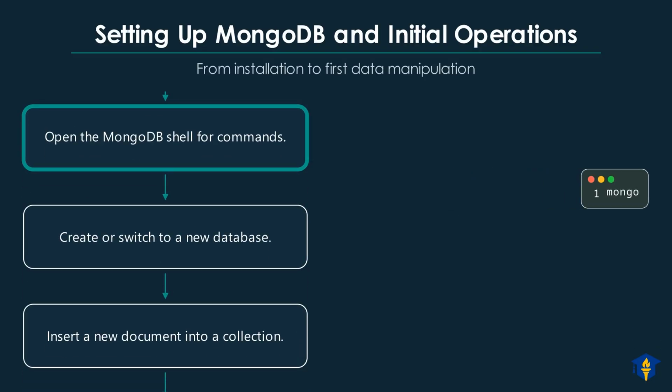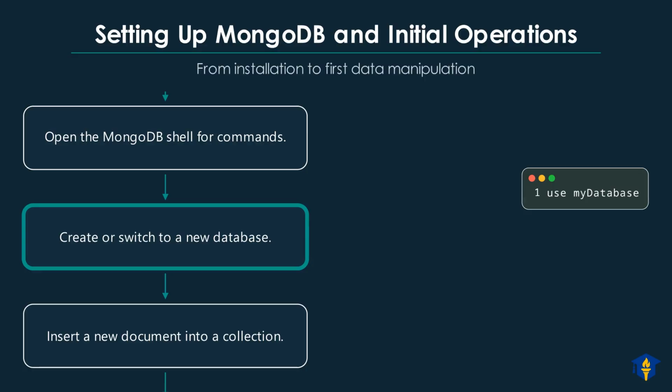Once the server is running, open the MongoDB shell for interactive commands. Type mongo into your terminal to launch the interactive MongoDB shell environment. Now, you can create a new database or switch to an existing one. The use mydatabase command will either create or switch to the